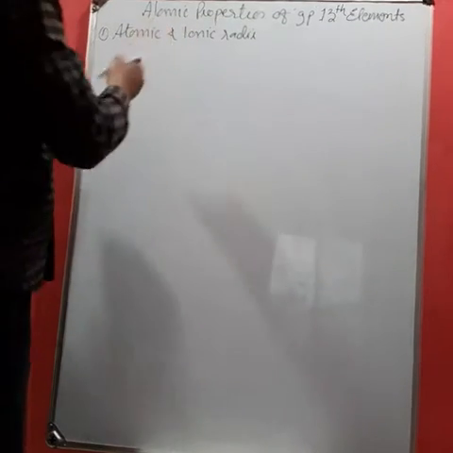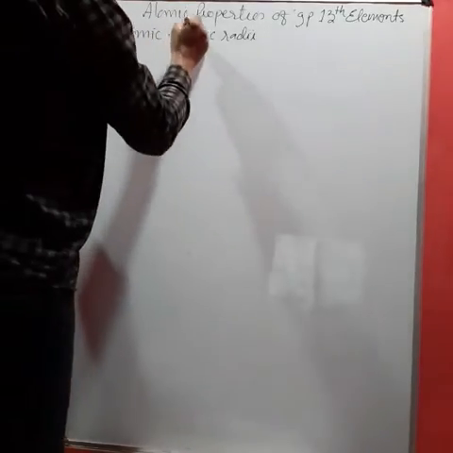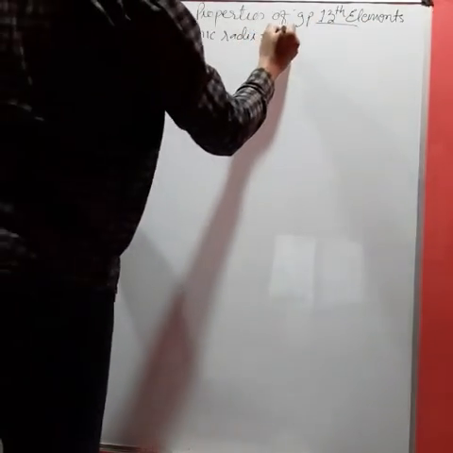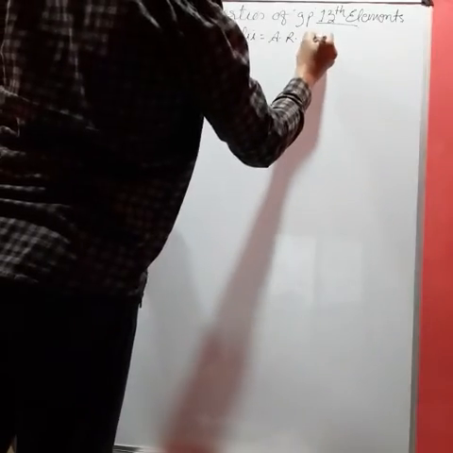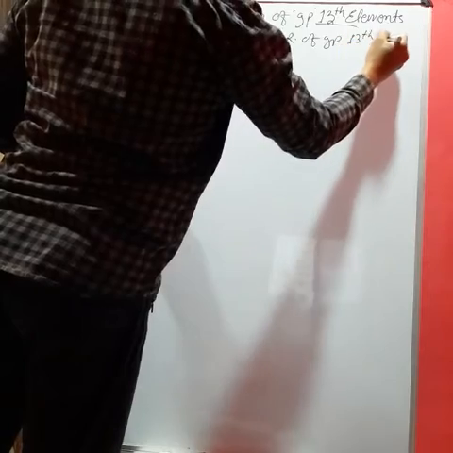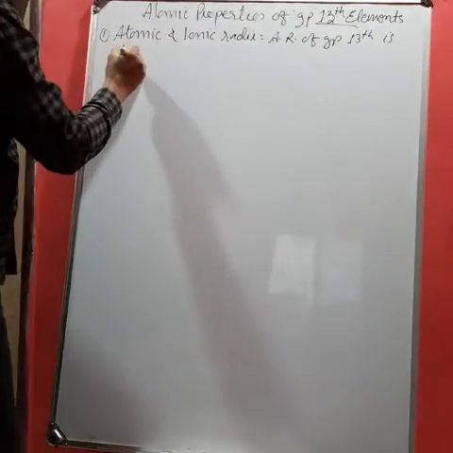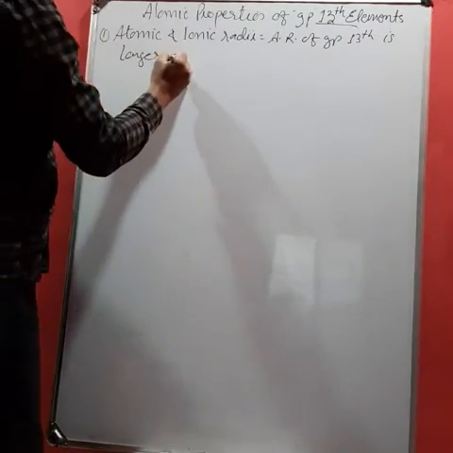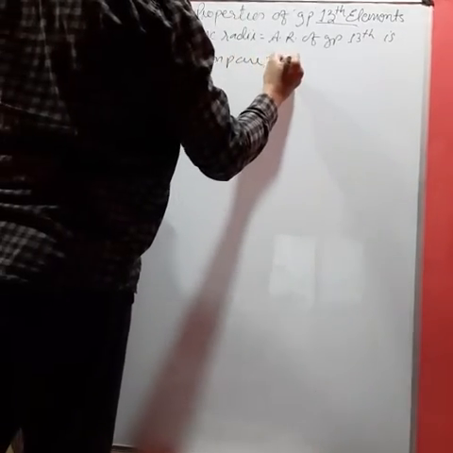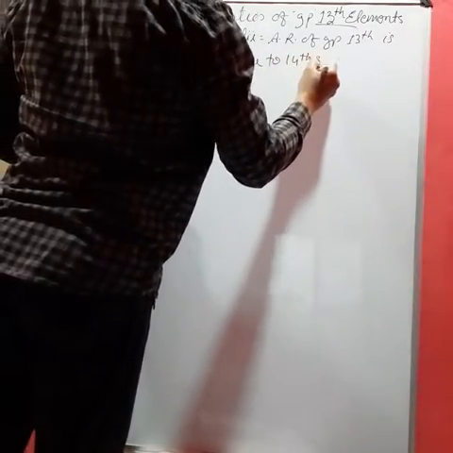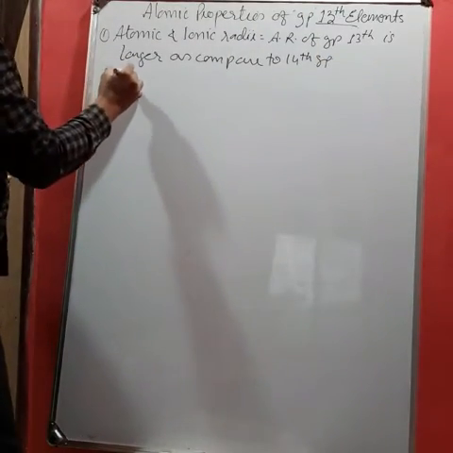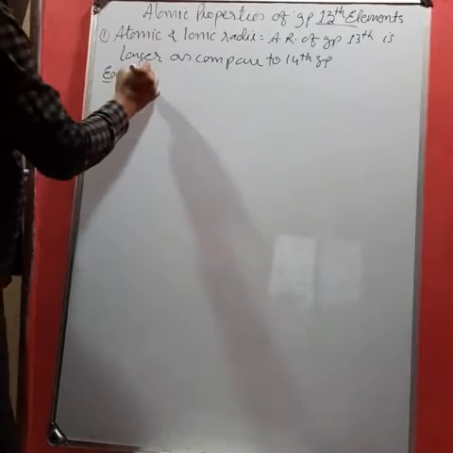Yes, student. Now the atomic and ionic radii of group 13 elements. Atomic radius of group 13 is larger as compared to group 14. That means what? There is no exception. Very simple thing. What? Moving